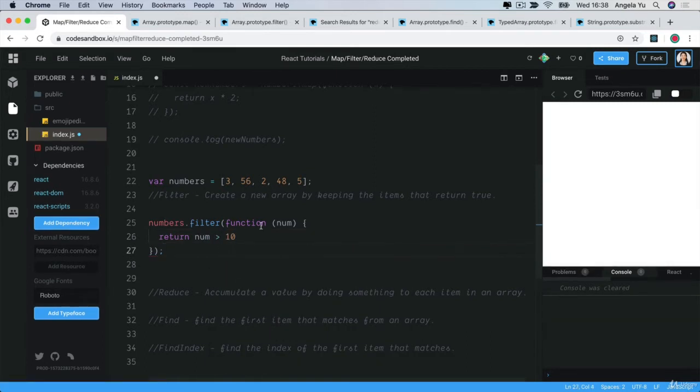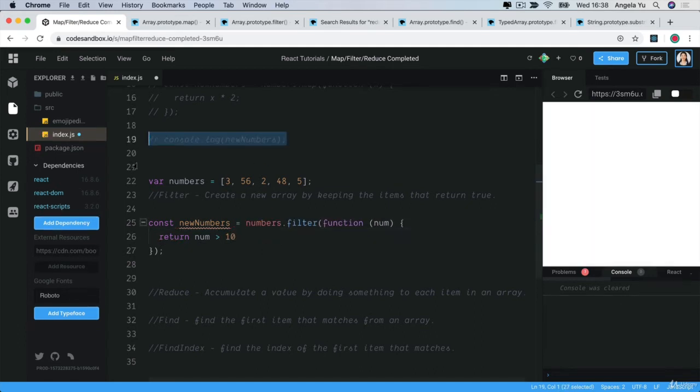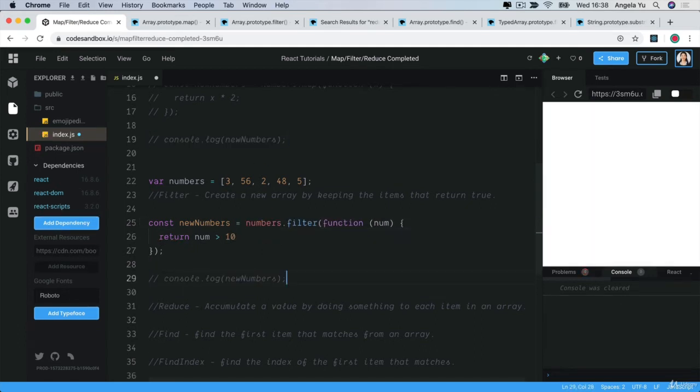In this case, we're looking through this numbers array here, and we're checking each of the numbers. So we first start with 3, then 56, and for each of these numbers, we're checking to see if they're greater than 10. And if they are, then we're going to add it to a new array, which is going to be the output of this function. So let's create a const called new numbers and set it to equal this, and then we can go ahead and console log it. And you can see we get 56 and 48,